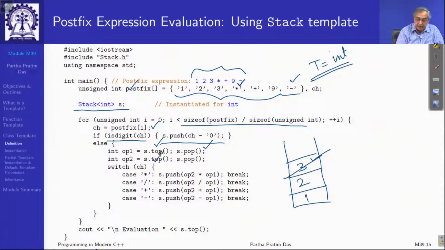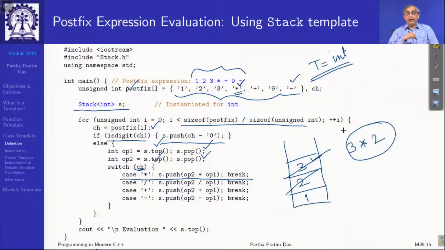Then I again look at the top, I have got 3, I take it out, I have got 2, and then I check what operation I had. I do that in this switch